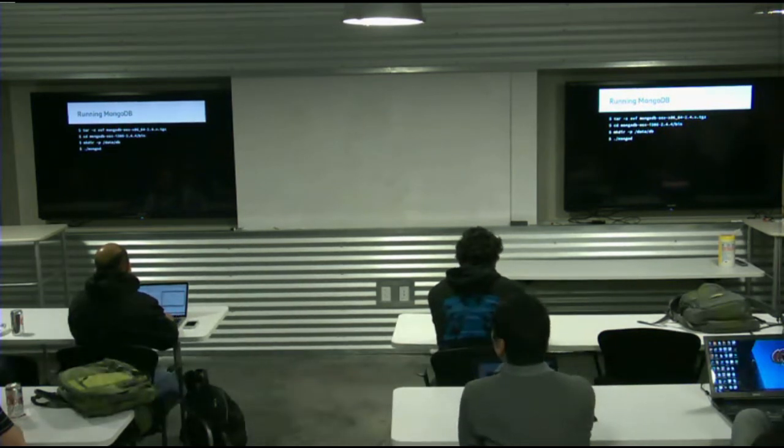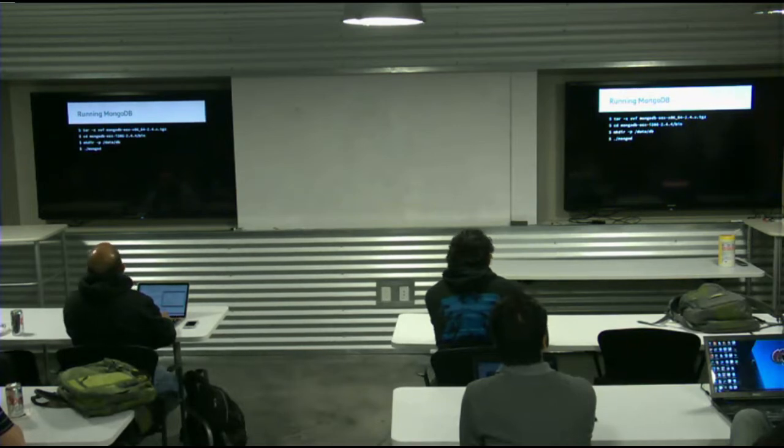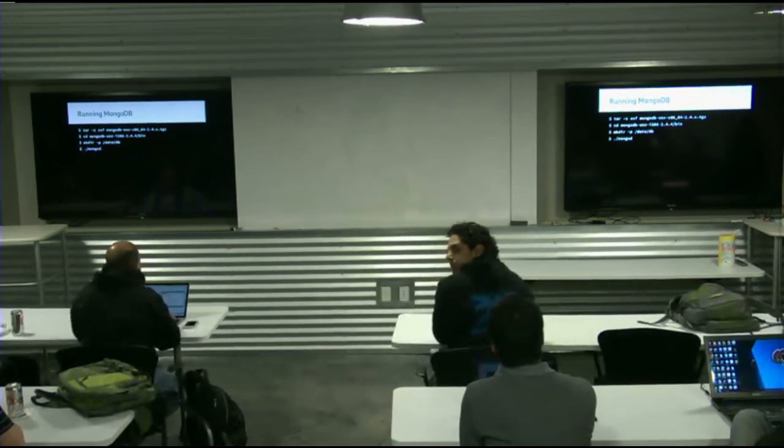Is it implied that the root user is executing those commands? I think they shortened it for this, but that wouldn't be the goal normally, no. You would probably need permissions to make that directory. I think this is assuming a dev laptop situation. Everything else is just whatever your user account is. You're not expected to run as root. In most deployments, like a typical production Linux deployment, you probably have a separate MongoDB user that you run it under with an init script.